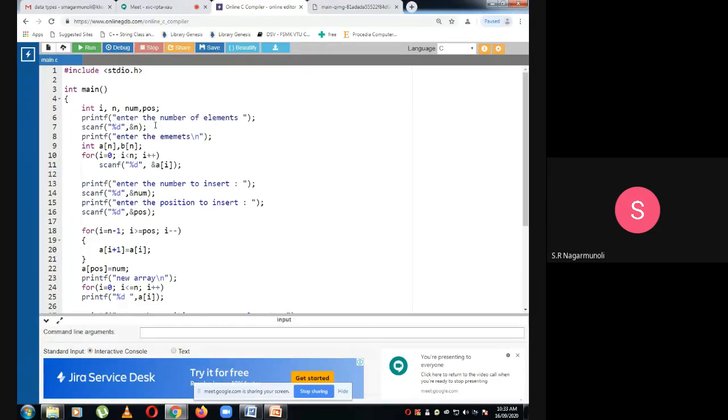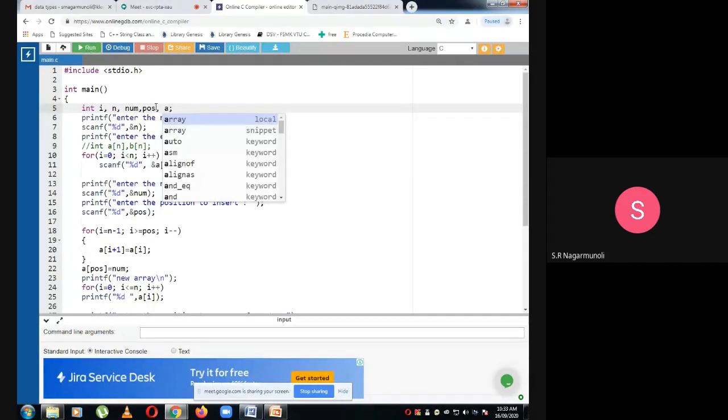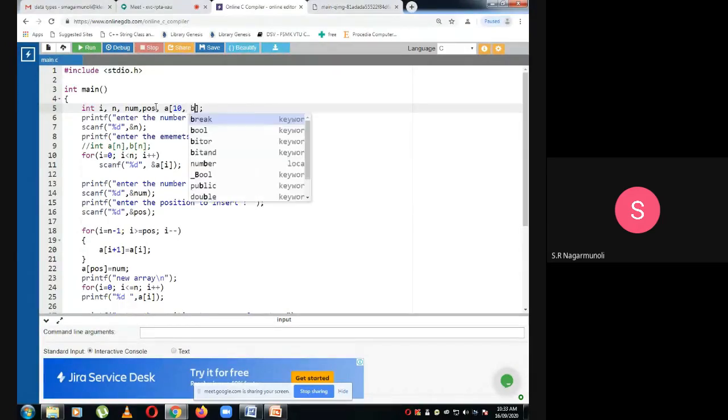So here you have to enter the number of elements, of course, then enter the elements. All this you know. You cannot have this, to declare A of n. I've made so many changes after executing, so this is not the final version that I executed.